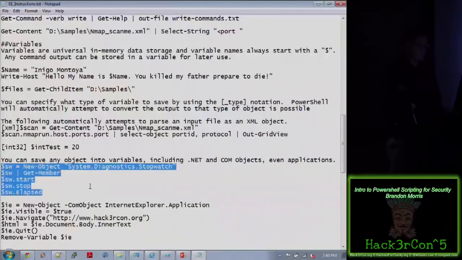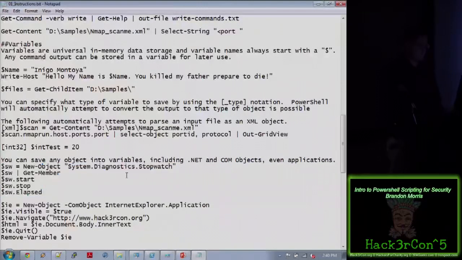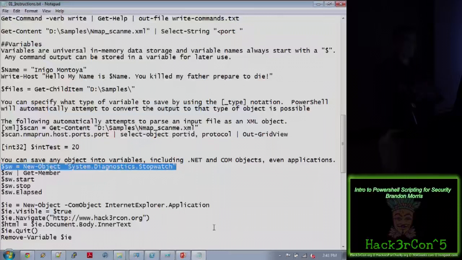Another thing that we touched on is the ability to save .NET objects and COM objects into variables and then work with those. Just like you're programming in real time, I like to think of it. So here I'm going to pull in a System.Diagnostics.Stopwatch, a .NET stopwatch. I'm going to start the stopwatch, then stop it, and then pull back the time that was elapsed on it. So without having to compile anything,